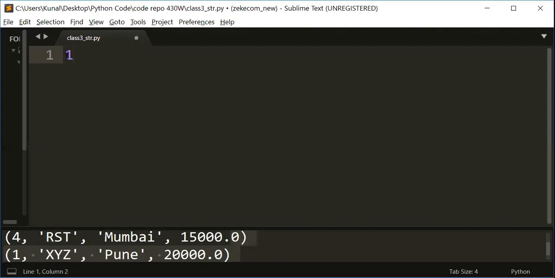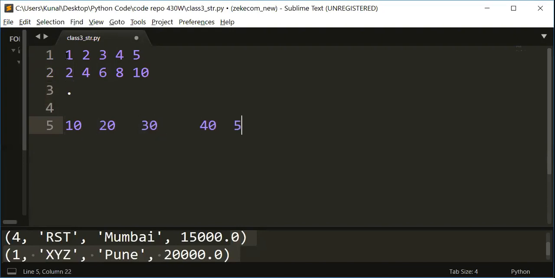So I want to print something like this: 1, 2, 3, 4, 5. Okay, table of 1. All right, then 2, 4, 6, 8, and it should continue till 10, 20, 30, 40, and 50. Right? Okay. So if you see the logic for this, if I write numbers,